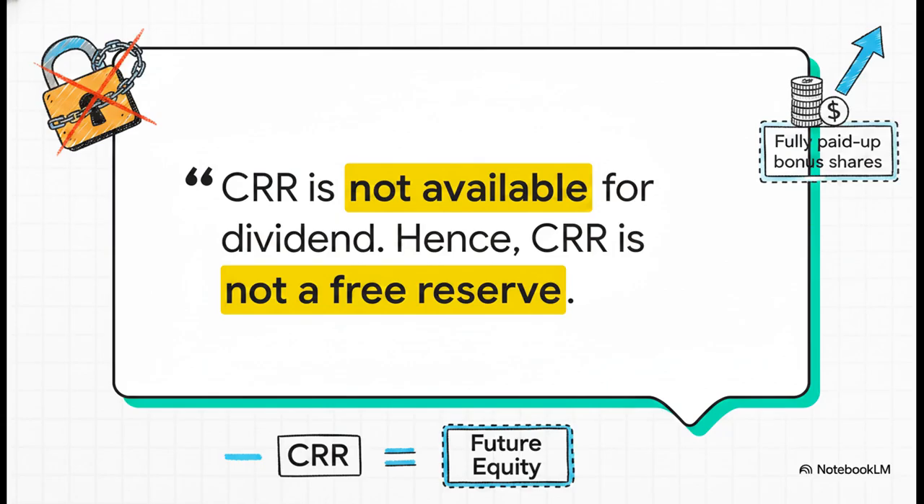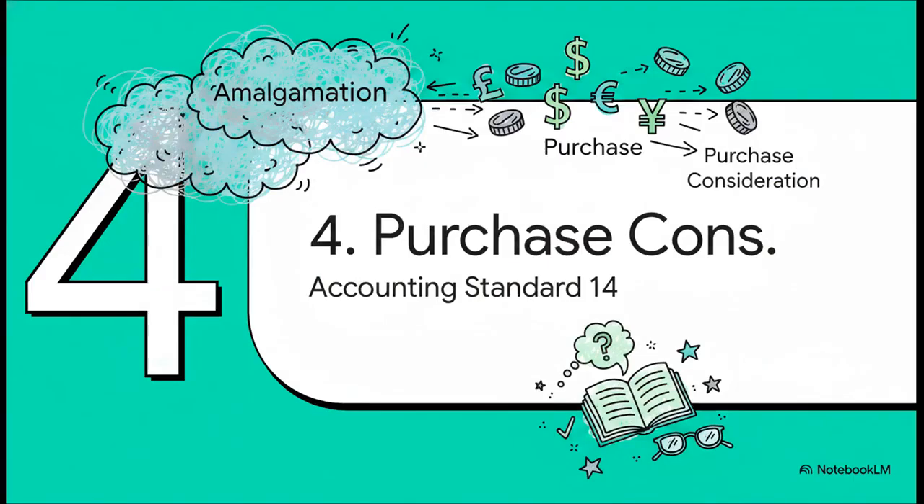Why? Well, because CRR can only be used to issue fully paid-up bonus shares. It's locked away in a vault, basically. It's not a free reserve, so you literally have to strip it completely out of your future equity calculations to get an accurate picture. All right, let's pivot a bit to Part 4, amalgamation purchase